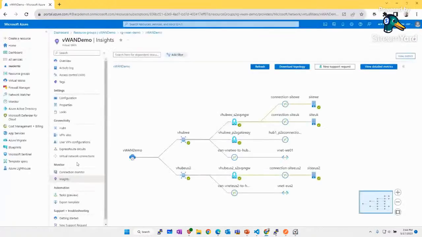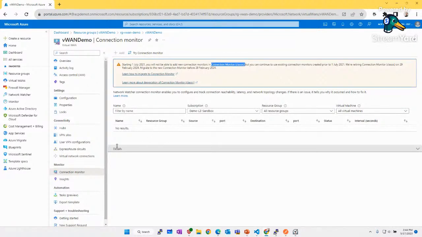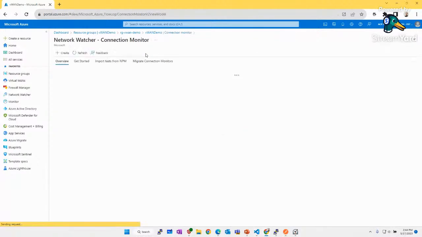Okay, so that's about the connectivity perspective. When we go to the end-to-end monitoring perspective, we have here a second option, the connection monitor. From my point of view, this is not really the best situation here because we are using the old connectivity monitor, the classic one. It's not directly implemented. So when we try to use the new monitor, we have to switch here.